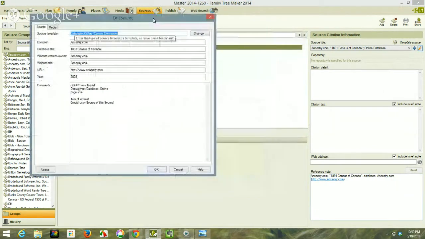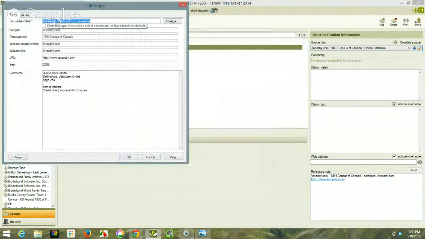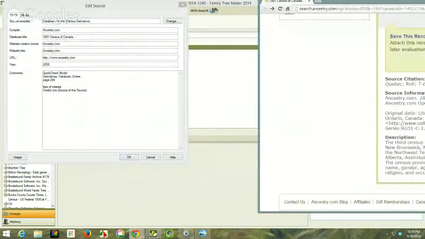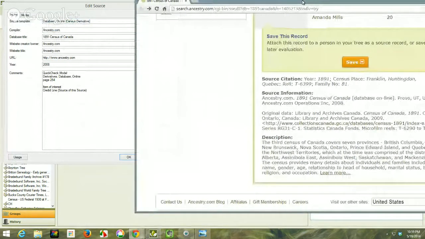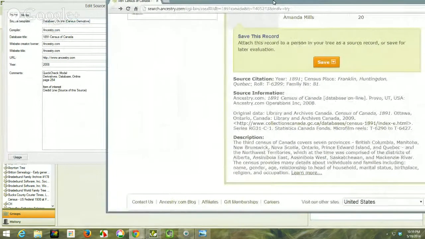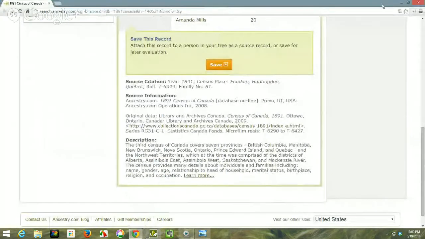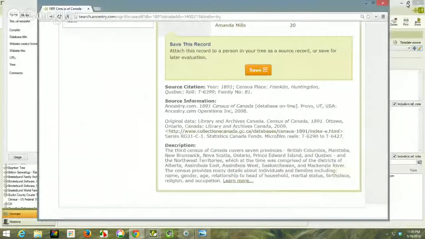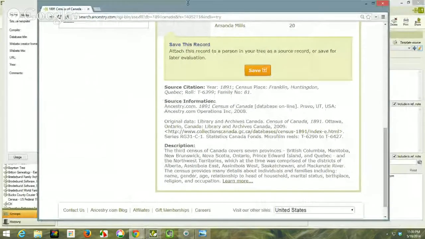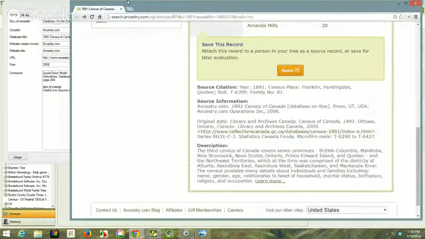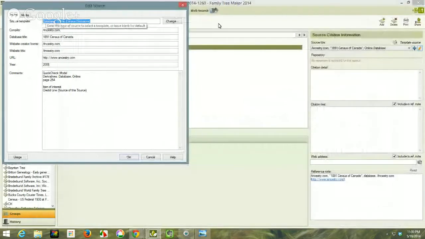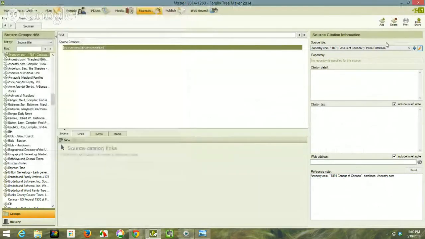I want to move it over here so that you can see them side by side. I need to adjust my screen a little bit. I can't do what I want to do. Maybe I can. I can't do it side by side. But anyhow,